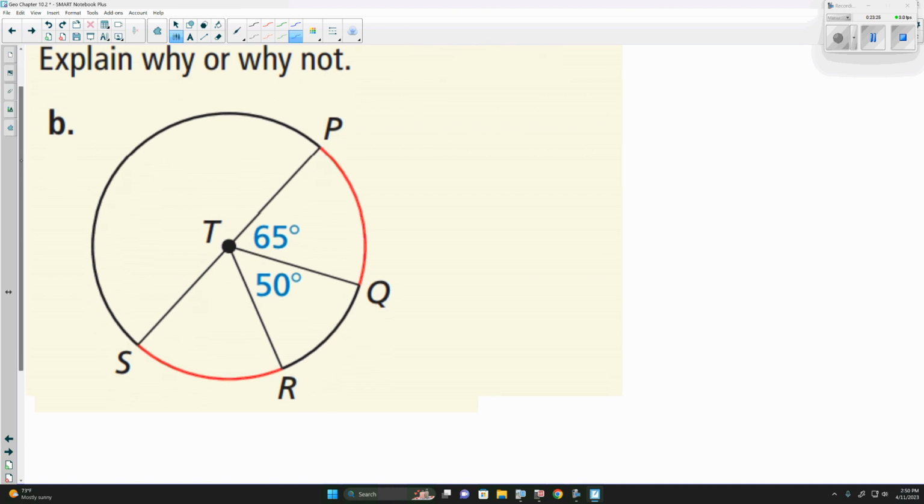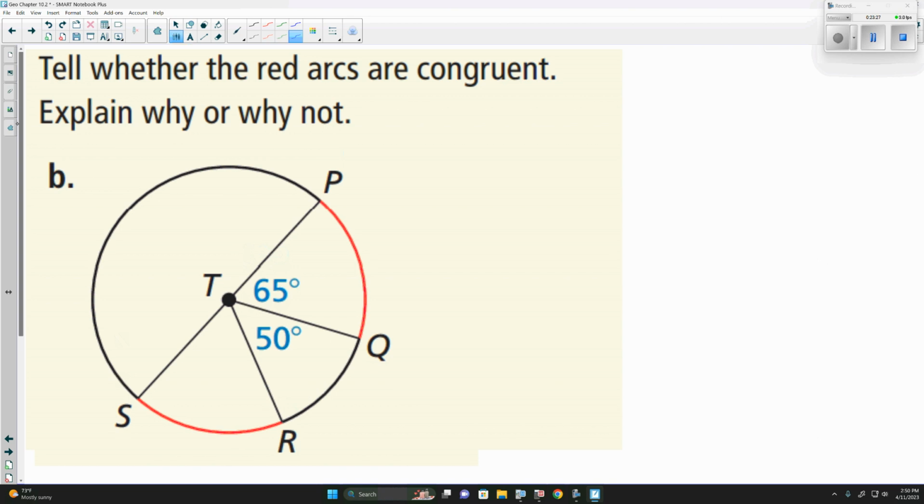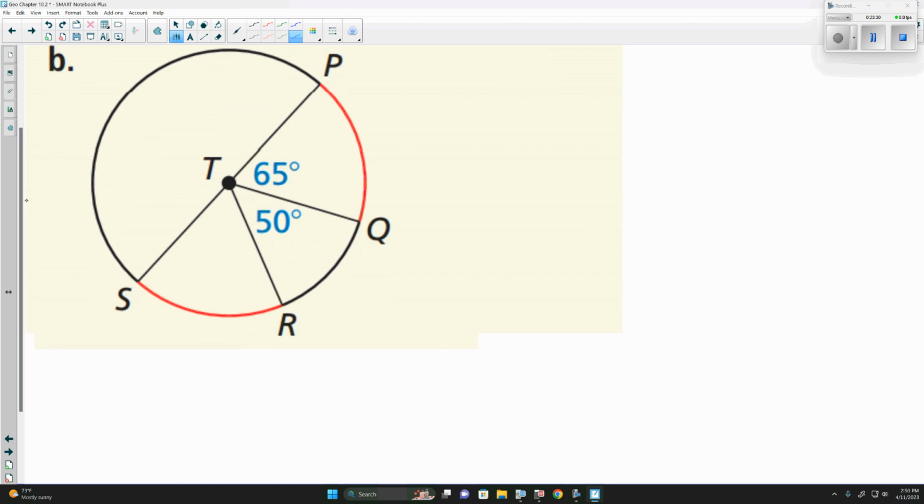Explain why or why not. Well, PS is the diameter, yes? So it adds up to be 180. So I can add 65 and